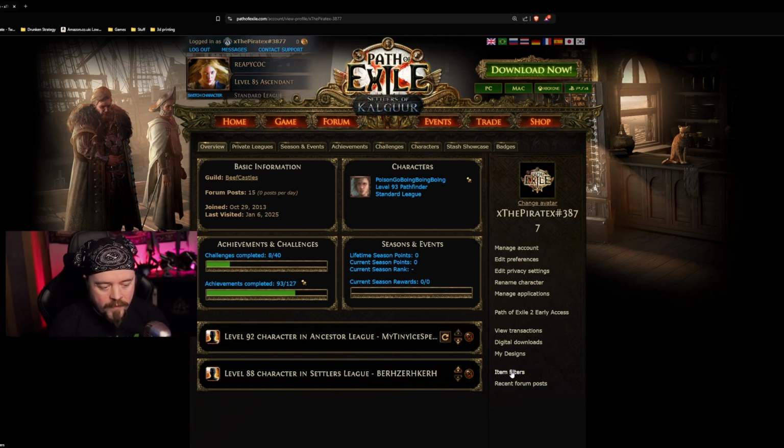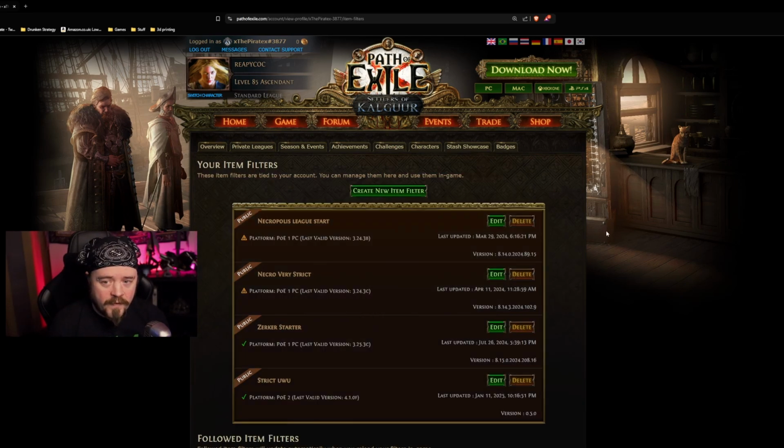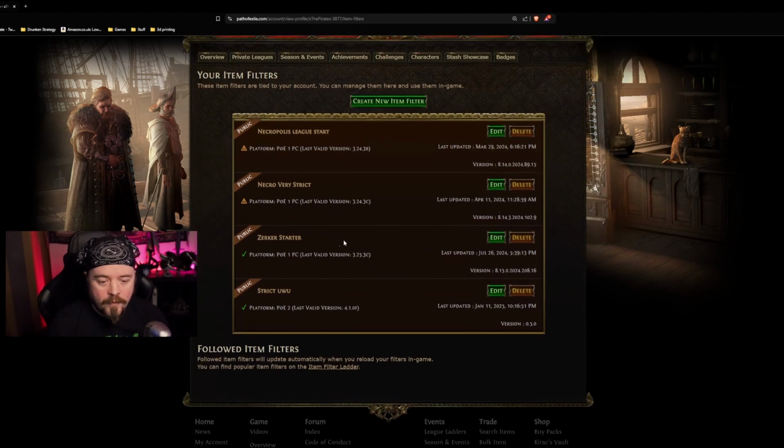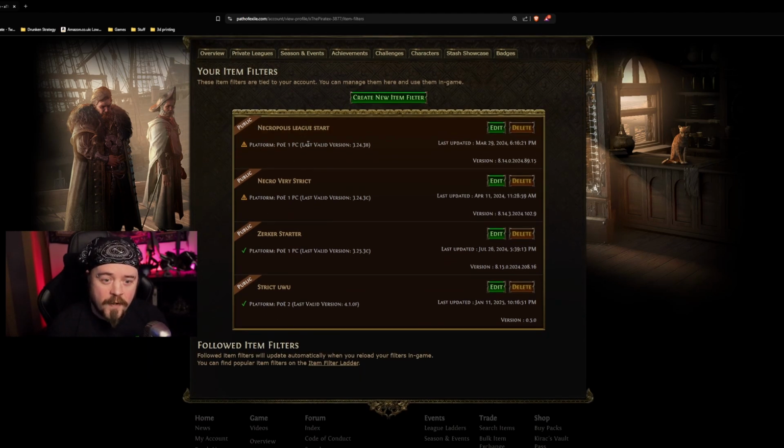Then towards the bottom, you've got item filters. Once you select that, you'll be presented with anything that you've already synchronized with your account. Now, console players, this is the important bit for you guys. This is how you have it show up in-game for you